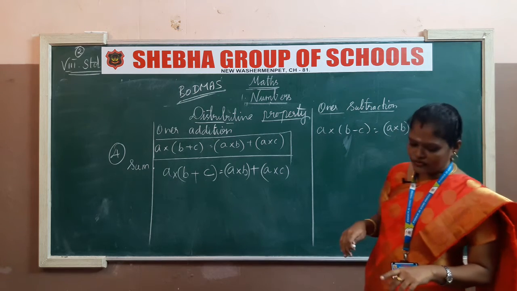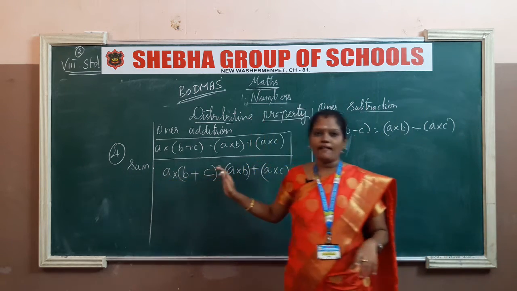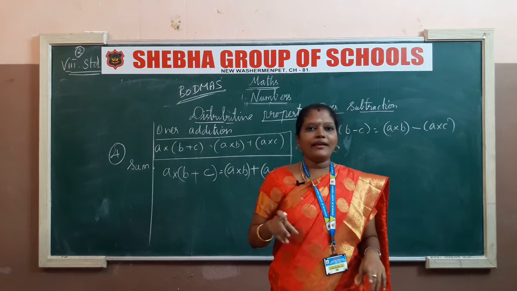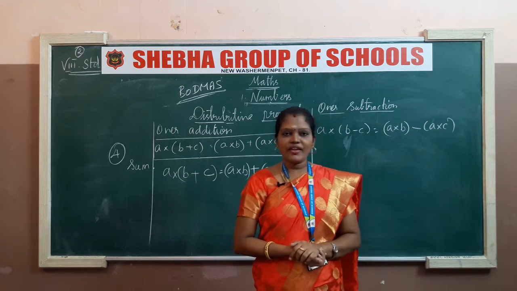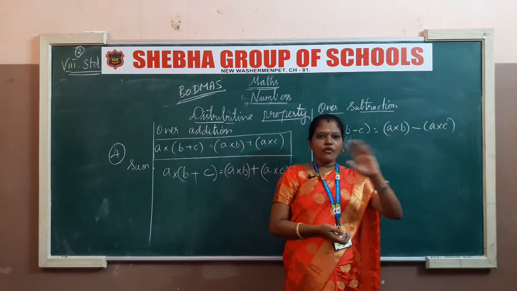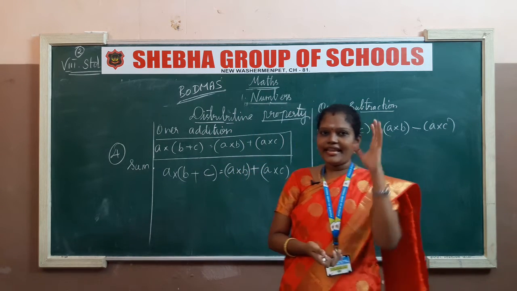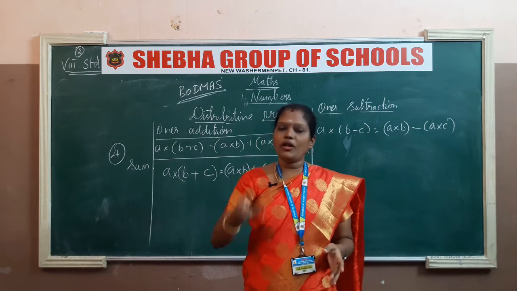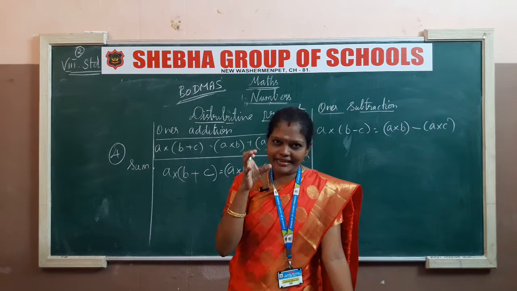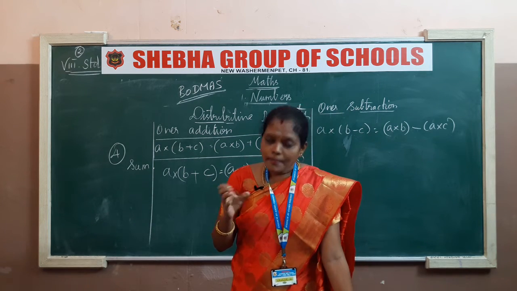Okay, you just recall this formula in your exercise 1.3. They have given the 4th sum in this model. You try it, and if there is any doubt, give your doubt in the comment itself. As we have come to the end of this session today, I hope you understood all the 4 sums thoroughly. After the class is complete, children must take a note and work out the sums. All the 4 sums, you work them out. If you get more practice, you will be able to score more marks in the maths subject.